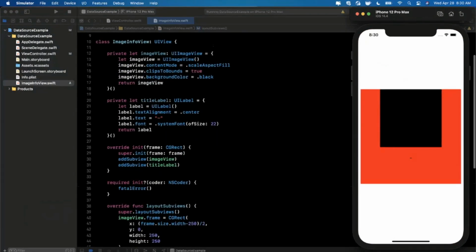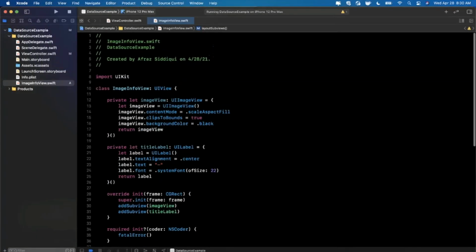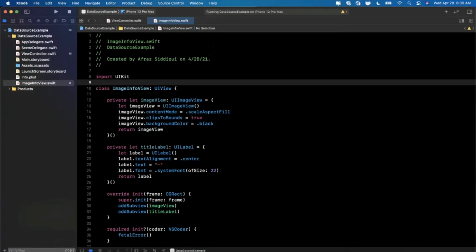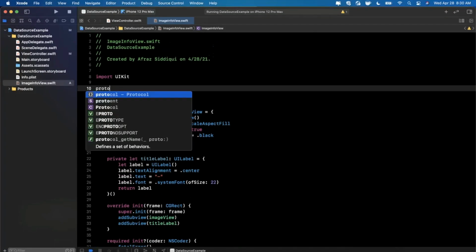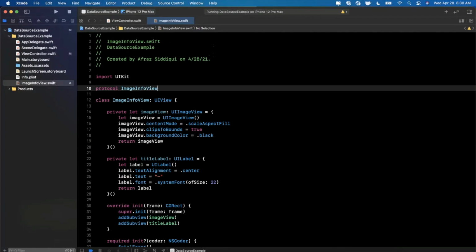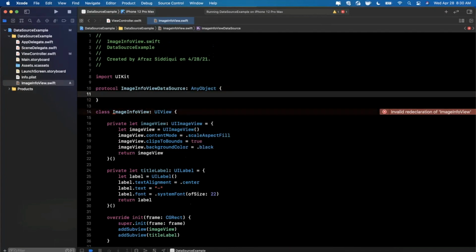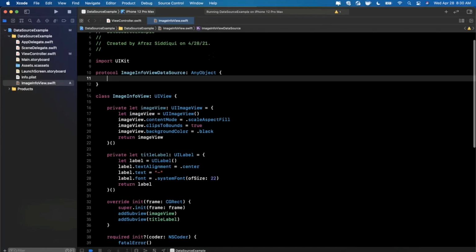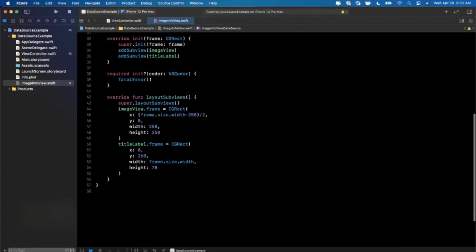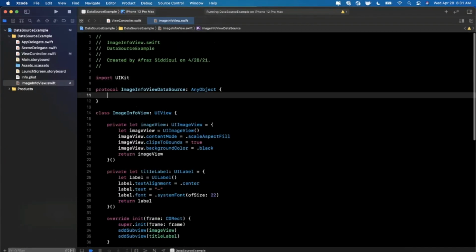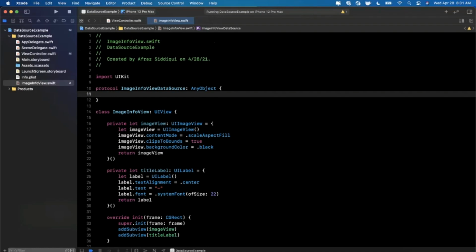The next thing we want to do is find a way to pass in information in here through a data source. So a data source is similar to a delegate in that it's a protocol. So I'm going to create a protocol here called ImageInfoViewDataSource. It's going to extend any object, and basically we want to have the data source apply the data to this view. So what data do we need to populate the information here? Well, we definitely need a title for our title label,